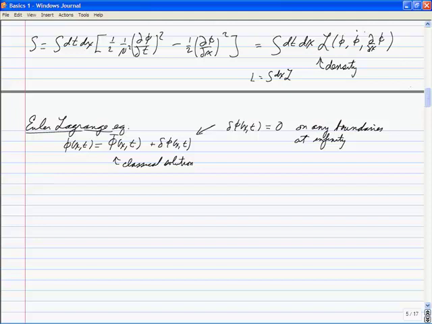We will start treating space and time much more together. We already have up here the dt dx, but at any endpoint, anywhere you have to evaluate this at infinity, you just set it equal to 0. Then you look at the variation in the action. We're going to set that equal to 0 by the principle of least action.